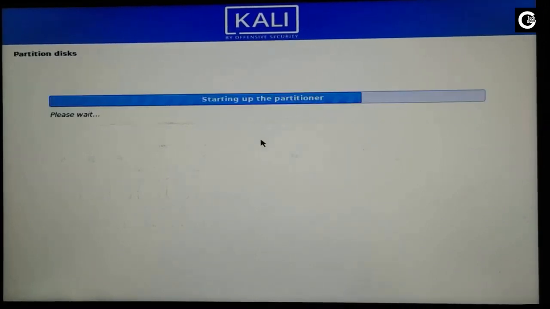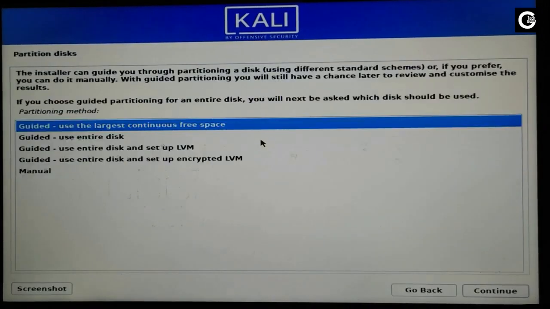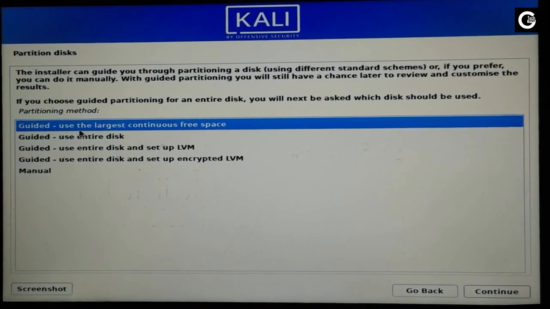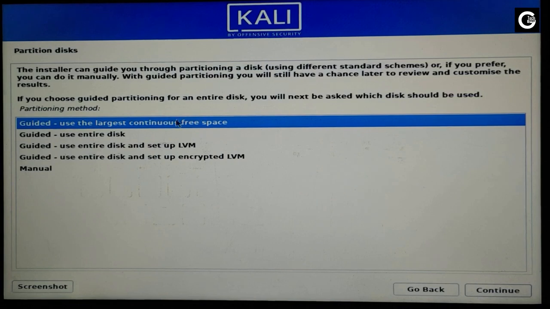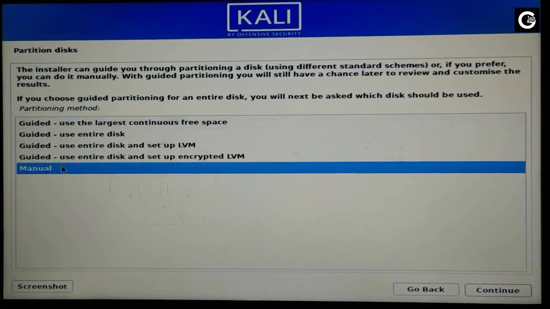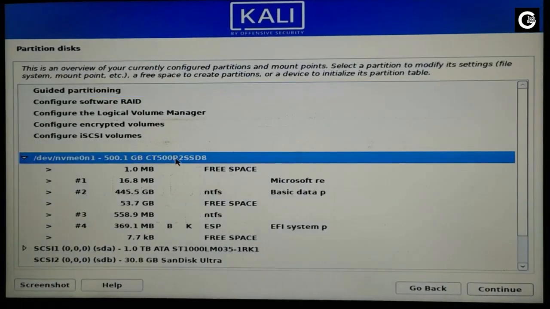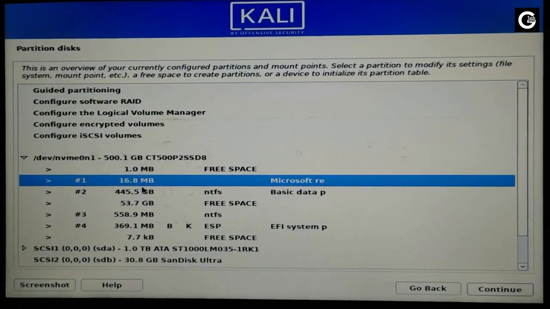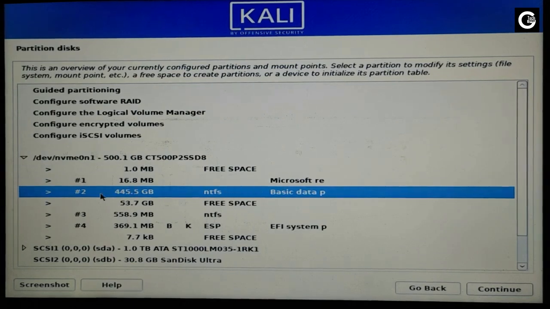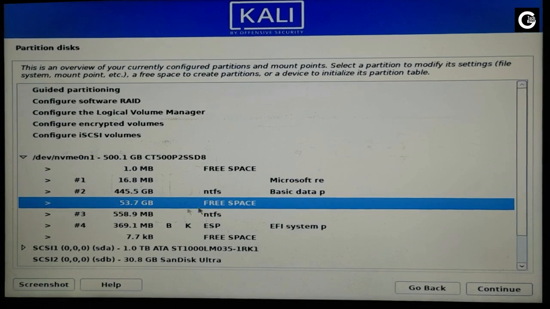It's time to create partitions for Kali Linux. Since we have already created free space for Kali Linux, we will be creating partitions manually. Choose this manual option over here and continue. It will list all drives connected to the PC or laptop. My PC has one SSD and one hard drive. I have created free space in my SSD. You can see all Windows related partitions along with the free space that we created in step number 3